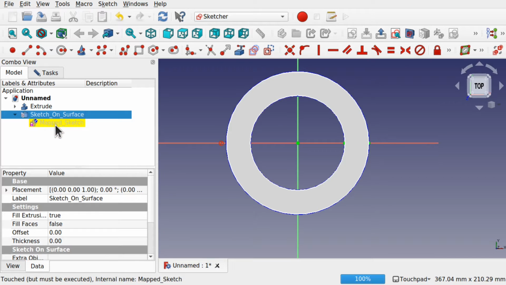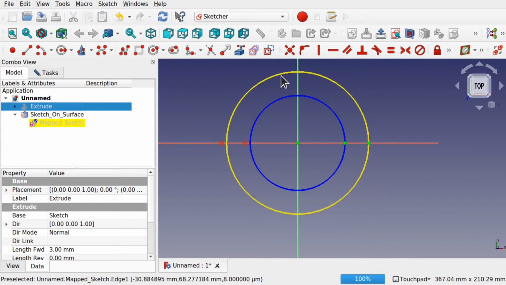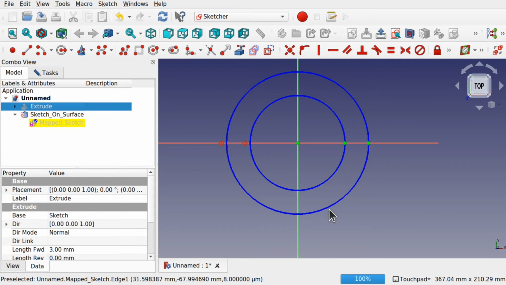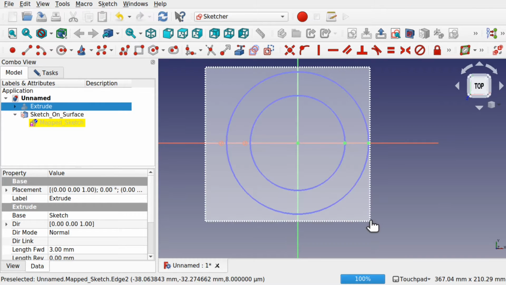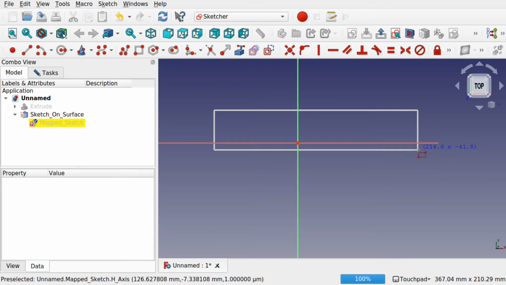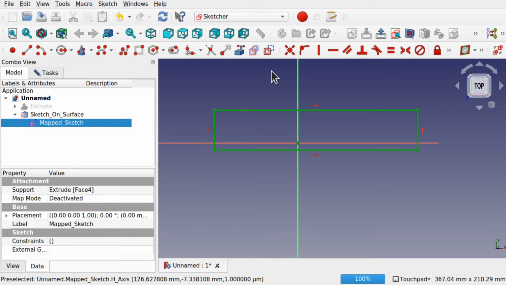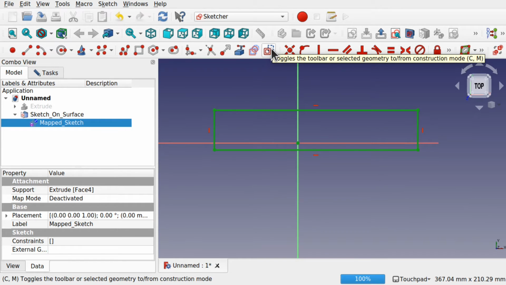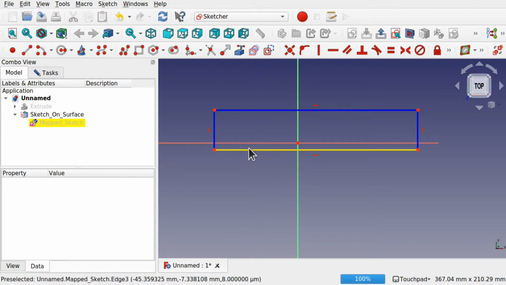So if I hide the extrude and have a look at this, you can see I've got this geometry in here which just doesn't make sense. It has construction geometry of two circles where this should be basically a rectangle. So this doesn't get round the problems with actually creating this text in a circle. If I remove these, hit delete, and put the standard construction geometry of a rectangle and highlight those and change those to toggles construction mode, so those have gone blue now,